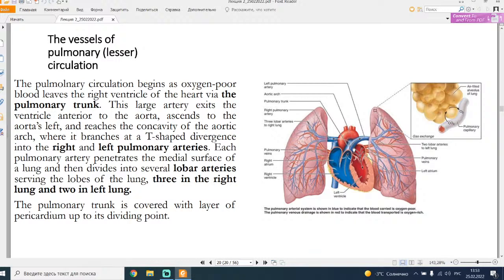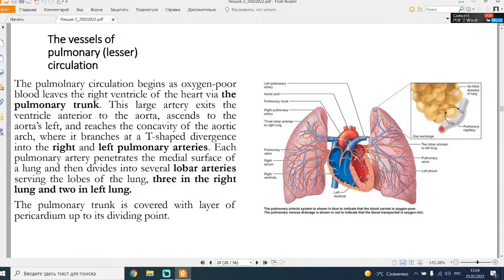This large artery exits the ventricle anterior to the aorta, ascending to the aorta's left, and reaches the concavity of the aortic arch, where it branches at a T-shaped divergence